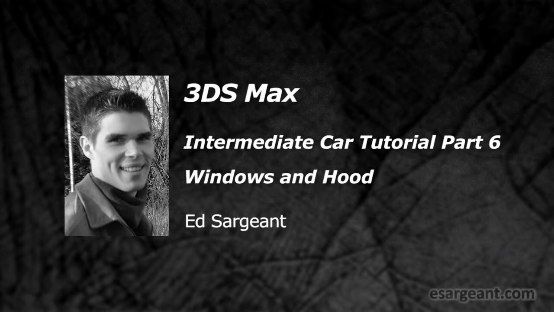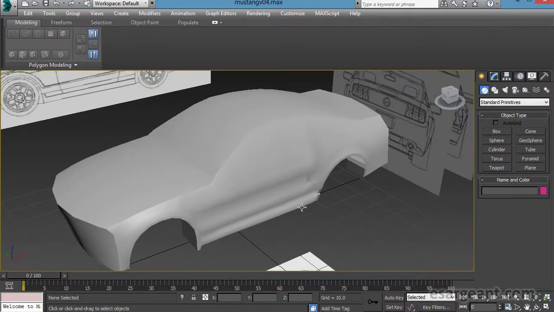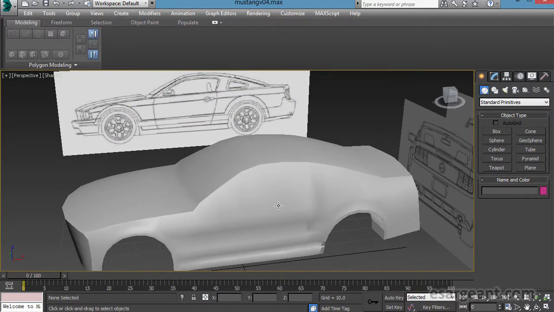As we continue to work on this vehicle then, let's actually start to look at the windows, cutting those in and adding in some details there, and perhaps refine the hood and the rear of the vehicle a little bit before moving on. So here's where we're at right now with our vehicle, and next I'm going to work on